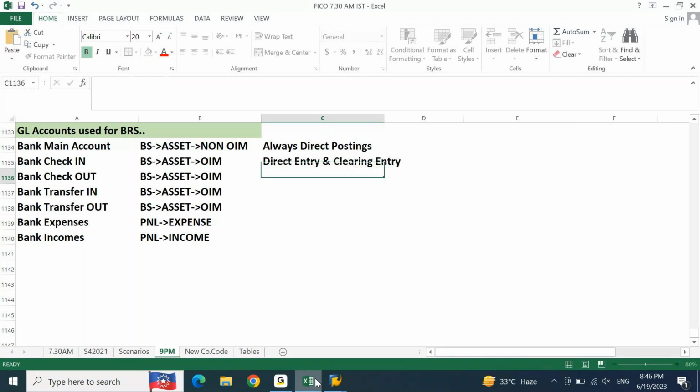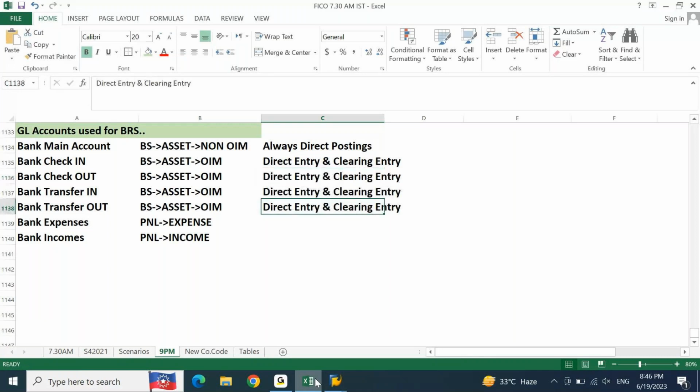Correct? In the open item management account, you will be passing direct entry. You will also be passing clearing entry. For all the open item management, you will be passing two types of entries, direct plus clearing. P&L account, it's always direct posting